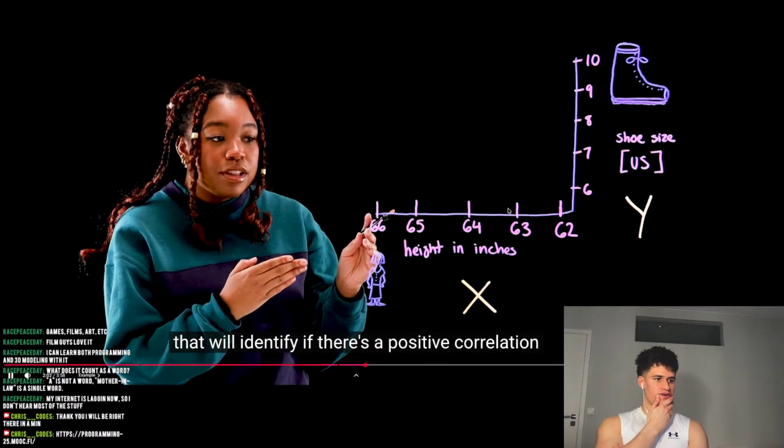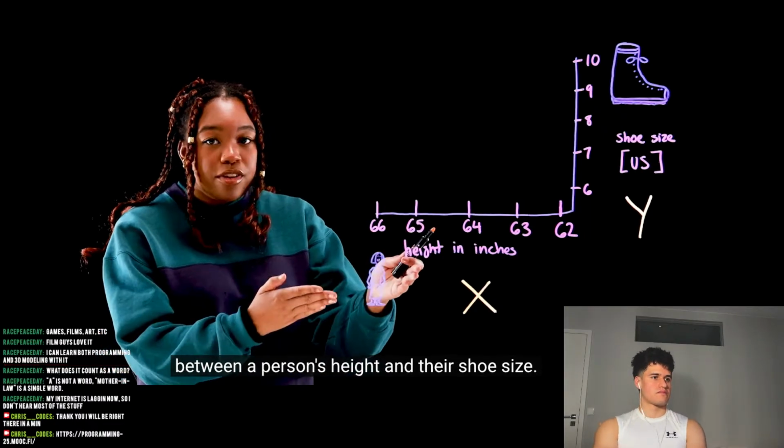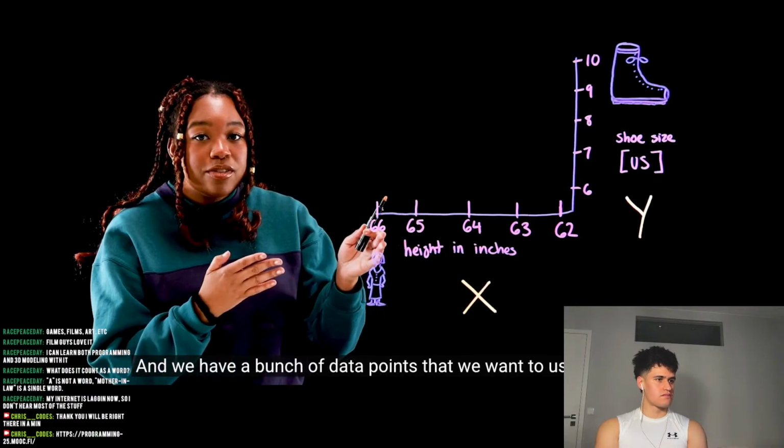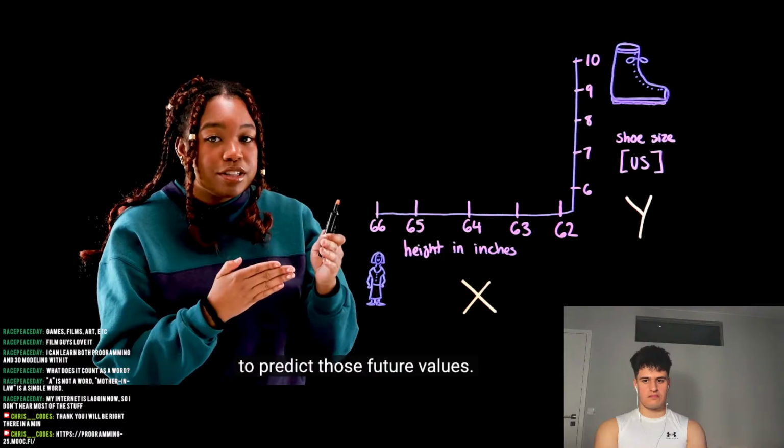If there's a positive correlation between a person's height and their shoe size, and we have a bunch of data points that we want to use to predict those future